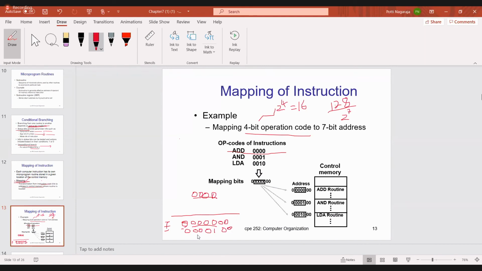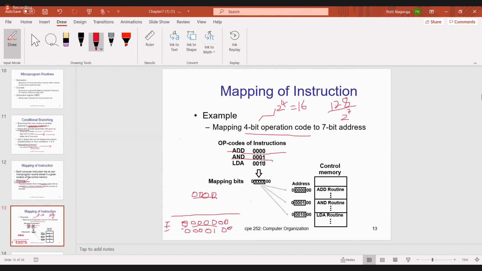Like this, 3 to 4 memory locations you require for the add. 0 0 0 0 0 1 0 0 1 0 0 0 1 1. So each instruction requires 3 to 4 addresses. Do you understand? Yes, sir. Tell me which bits are zeros here. MSB 0, LSB 0.